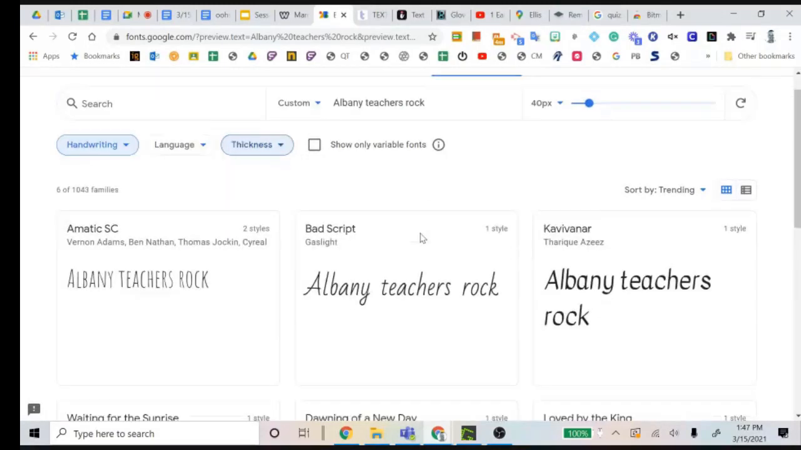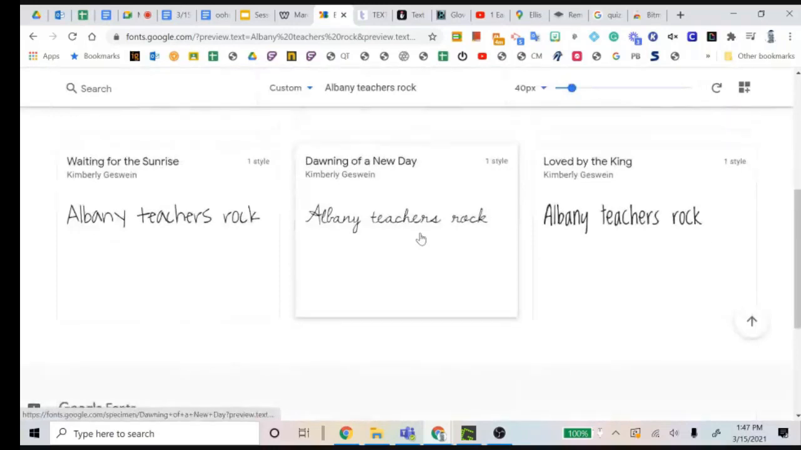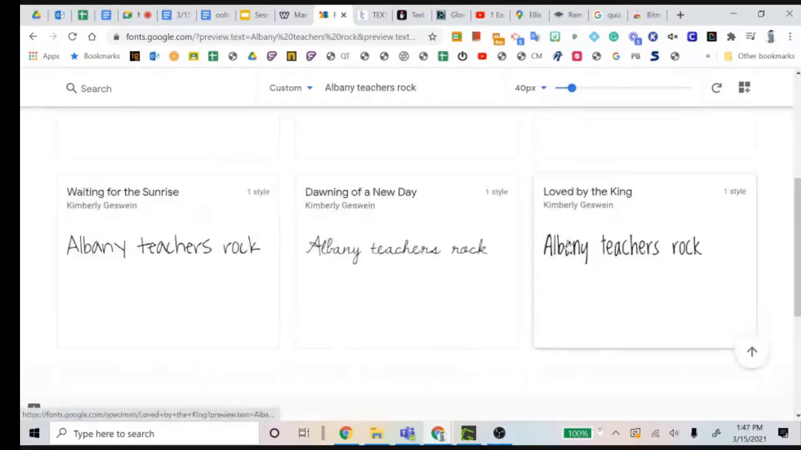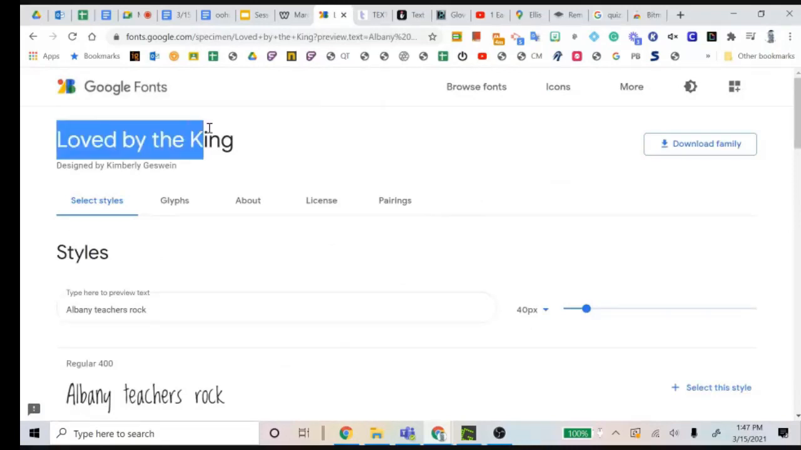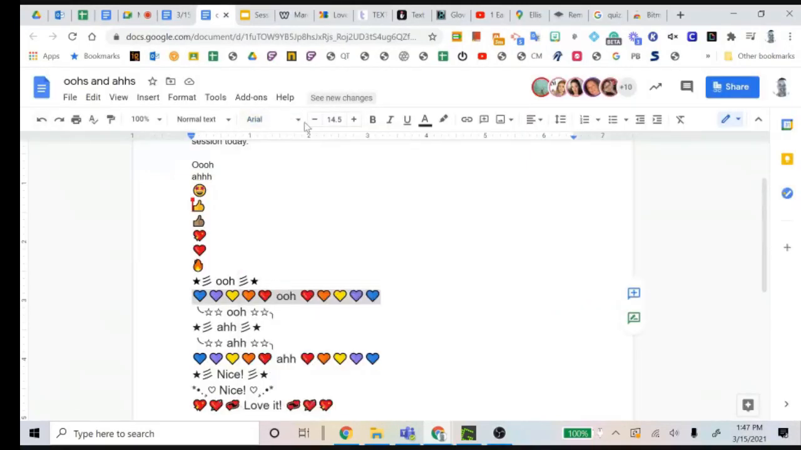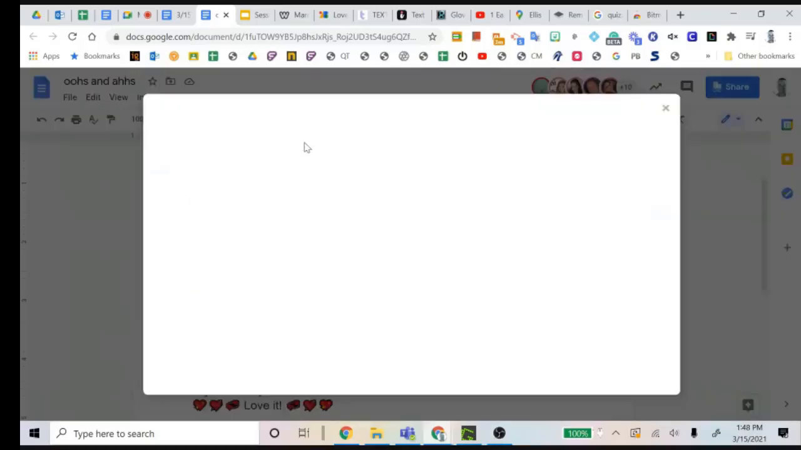But what's fun here is once I find one that I think is kind of fun and I like, which I can't really say it's any of these in the moment, but if I clicked on this one, Loved by the King, I'm just going to copy it. I'm not going to worry about downloading the font family or anything of that nature, just copying it. And now when I come back to my doc and I come here and I click on more fonts, I'm able to just paste that in